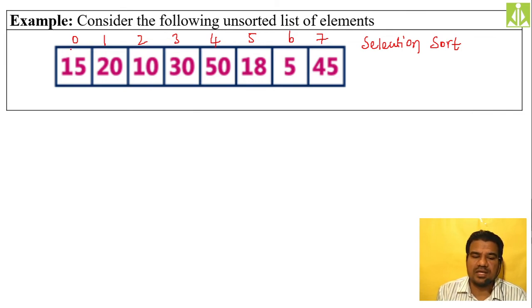So how will this selection sort proceed? First, I have to select the index 0 element, the first element in the list, because as you can see, this list is an unsorted list. Then I have to do the comparison with the immediate element. If the element you are comparing is greater than the selected element, then don't do anything. Keep that as it is and do the comparison between the next two.